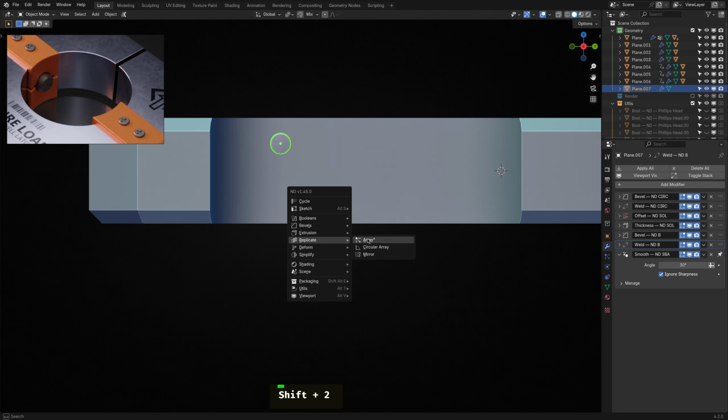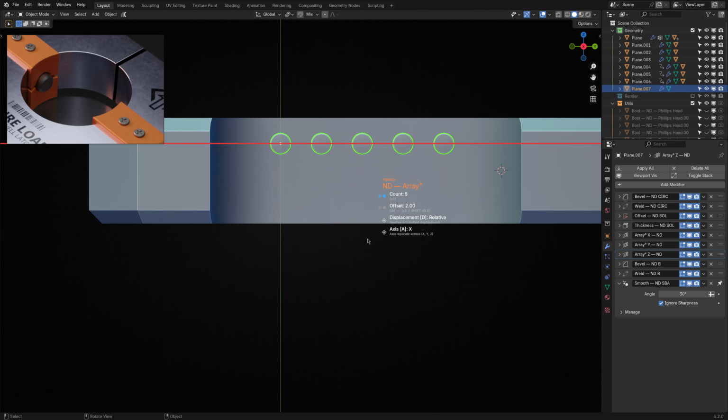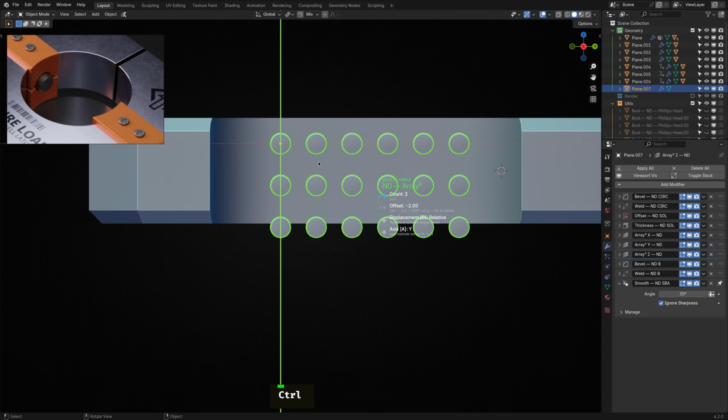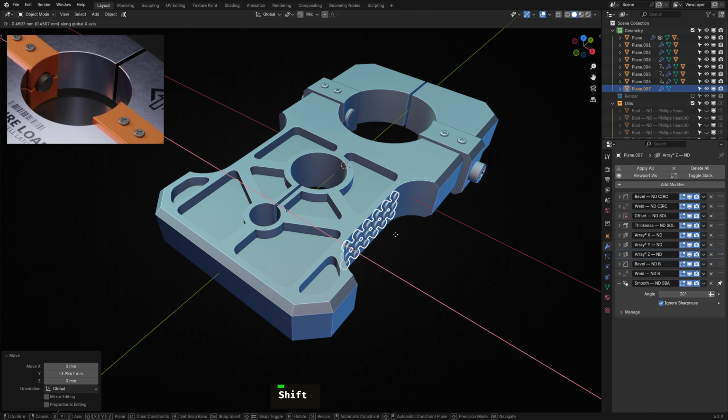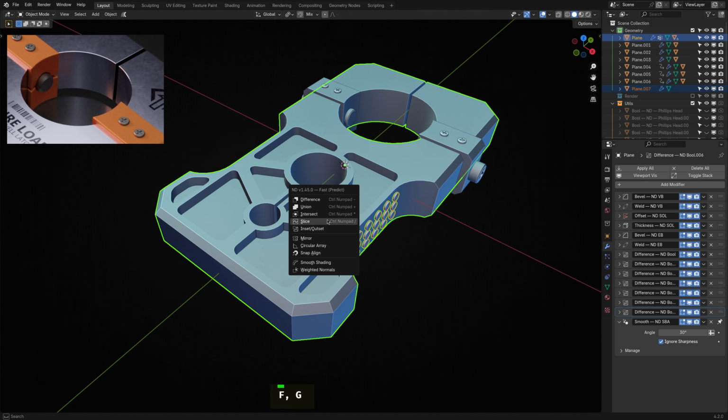We'll array the object along the x-axis and adjust its offset as necessary. Then do the same on the y-axis. Finish it off by mirroring it to the other side of the block.